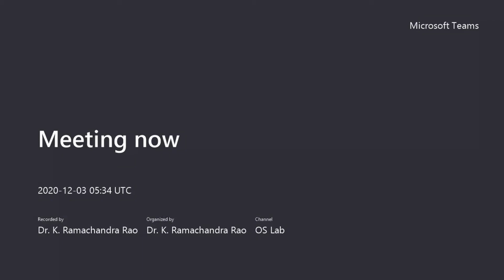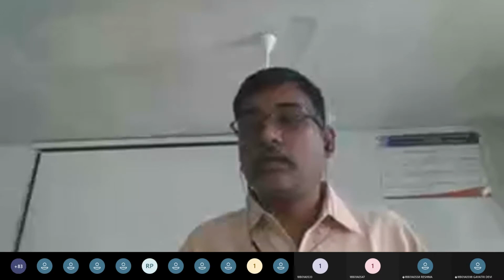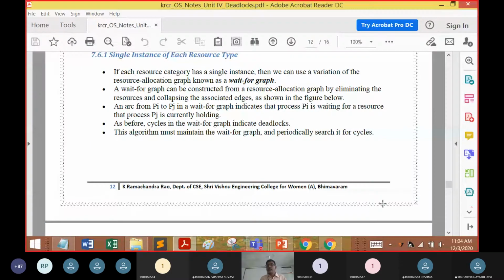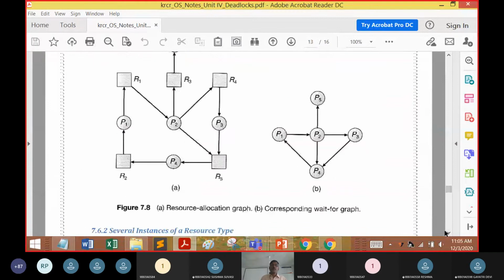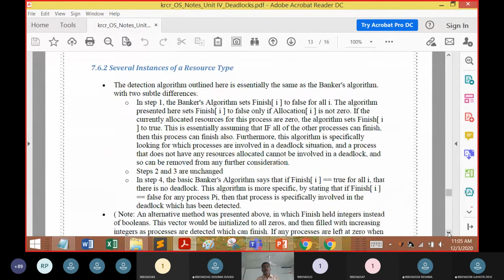So we were talking about single instances, which gives us the resource request graph. In the resource request graph, we have taken up both the resources and the processes. Processes are represented using a bubble or oval shape, and resources are represented in a rectangle shape. And then we took up the property of hold and wait. That hold and wait is going to be mentioned in the form of a wait-for graph. So that is what we talked about.